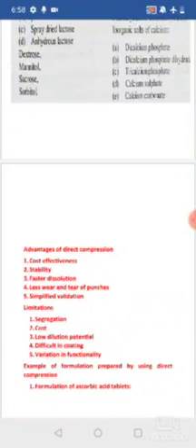So it is a simple method. For powder which has good flow property or good compressible property, you are going to go with the direct compression method. Or if it doesn't have these, then you can add additives. They are known as directly compressible additives, and you can prepare the tablet by using the direct compression method.